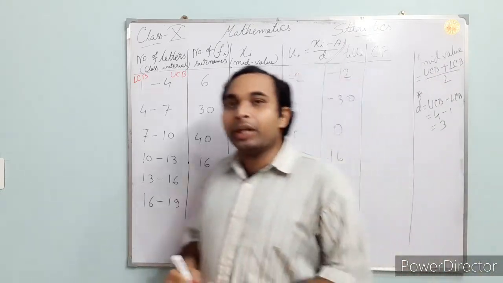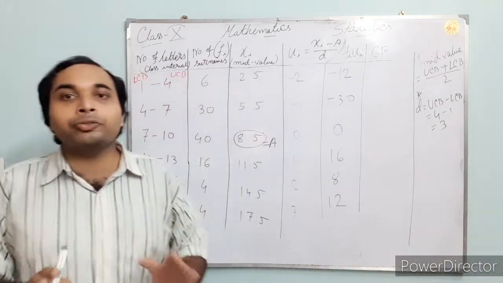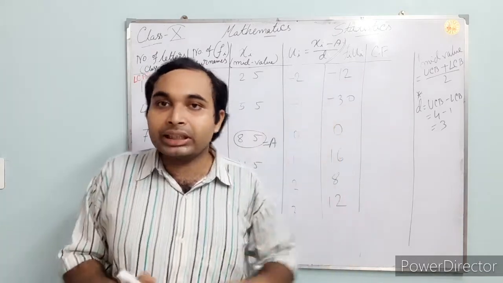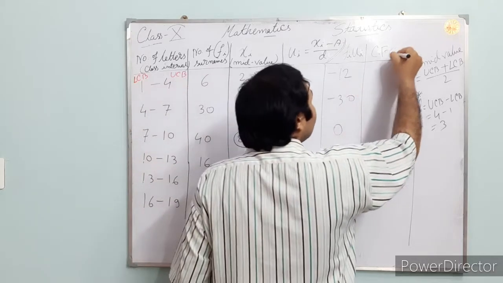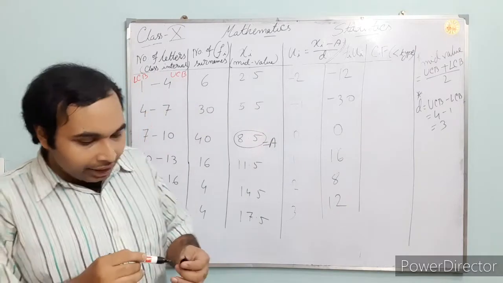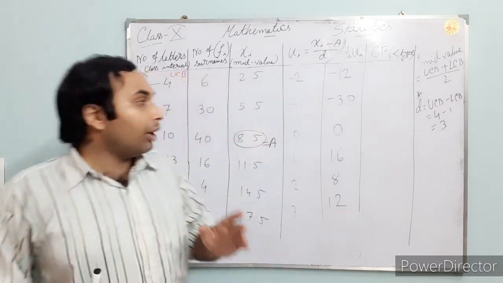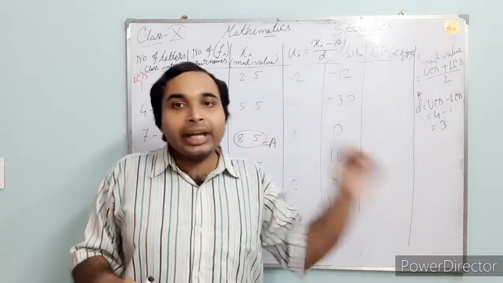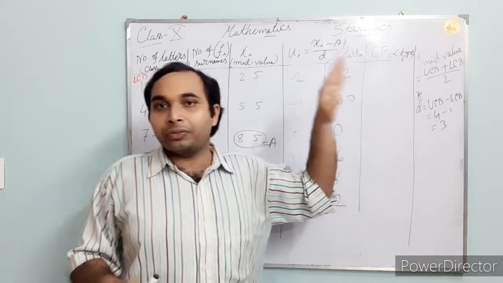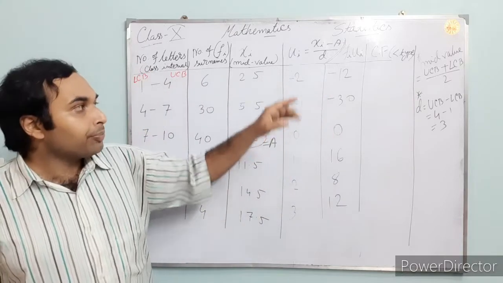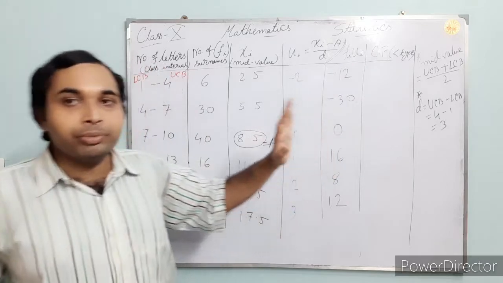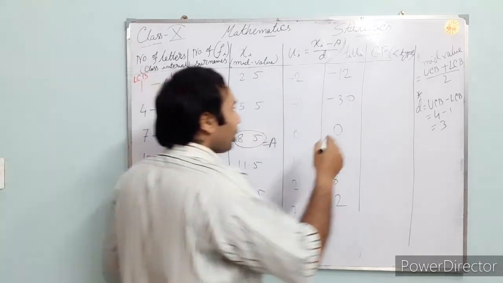If you have to find only the mean, no need to find the cumulative frequency. CF stands for cumulative frequency. And here also we will do the less than type. If you have to find the median, then only the cumulative frequency is required. Otherwise, it is not required for mean and mode. Okay, so let us do this one because we will find all of these: mean, median, mode. That's why I am doing it here.